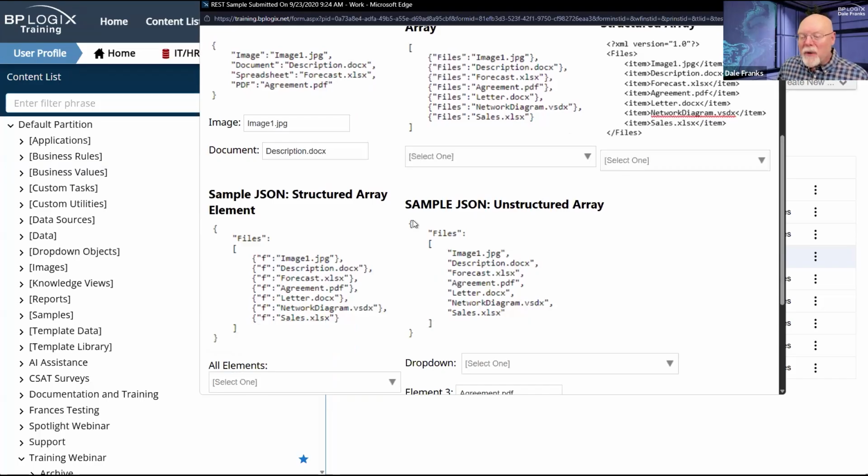There's a lot of different ways that you can send the data. And like this unstructured array right here, that is a pretty terse way of sending the data. The first thing that's missing, I still have files as sort of a tag. It's actually a name, not a tag, but it's files. Then I've got these square brackets that says I'm just going to send you a list of files.